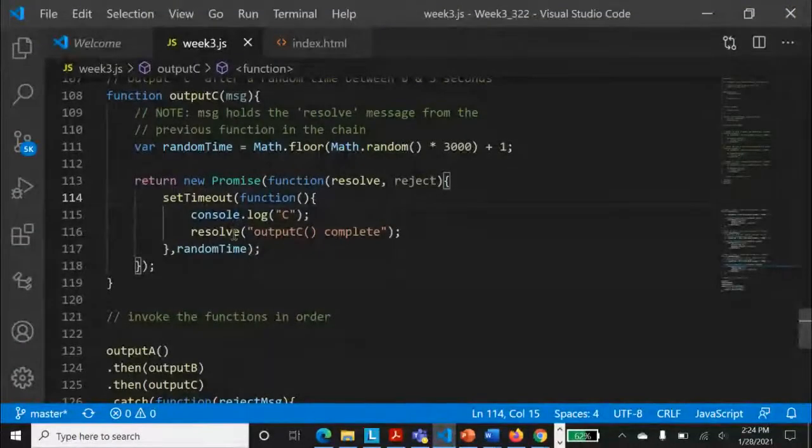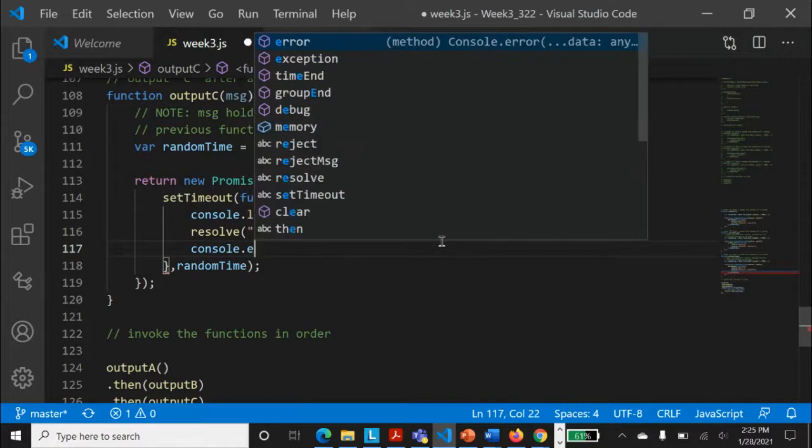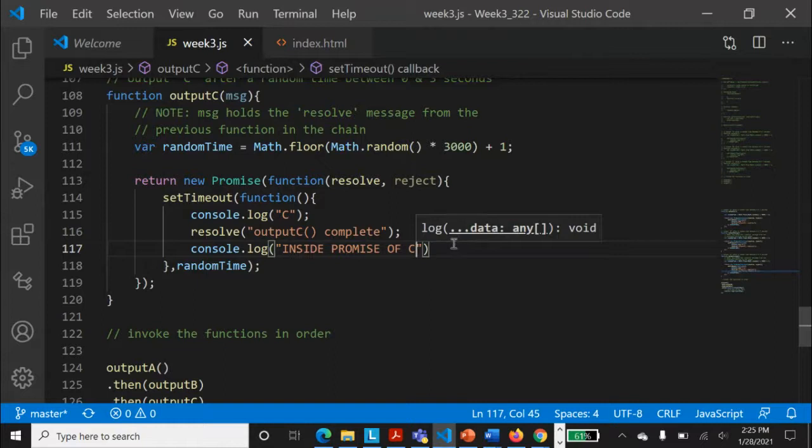Let me just show you that. For example, this is the resolved one, and then I'm putting a console.log inside promise of C, saying I'm inside promise of C. I've just placed a console.log, and let's see its behavior.